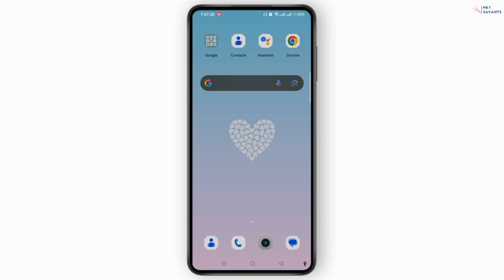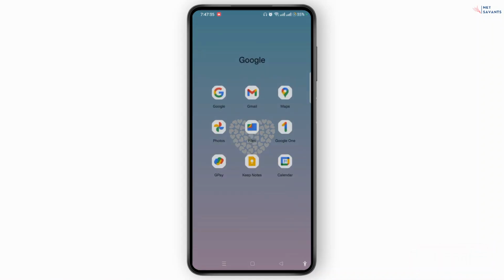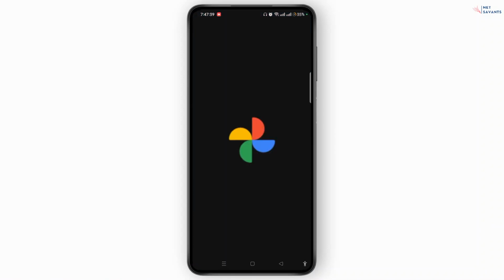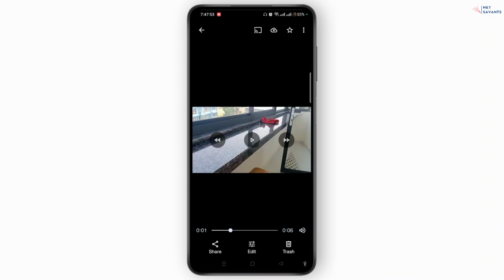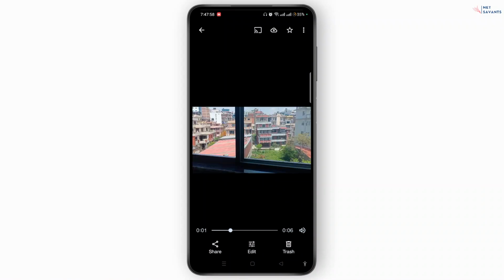So first of all, make sure you have a video without sound. If you do not have one, here's how you can remove the sound. For that, let's move on to Google Photos and choose that particular video. If this is the video that you want to remove the sound of, go to the edit button and here